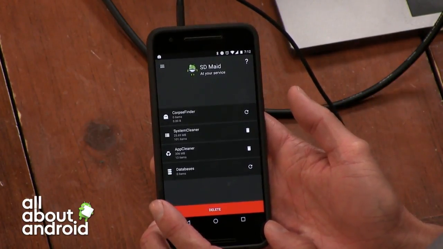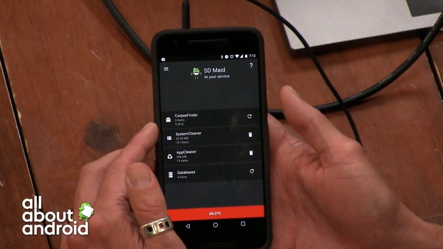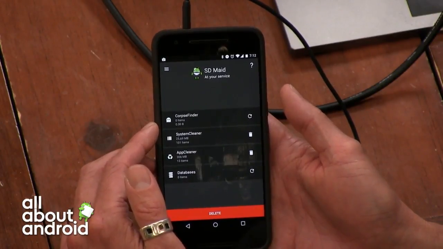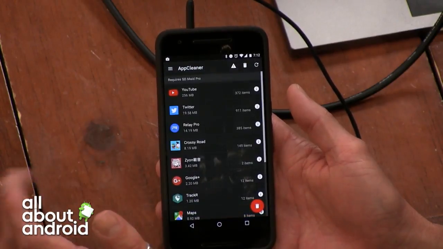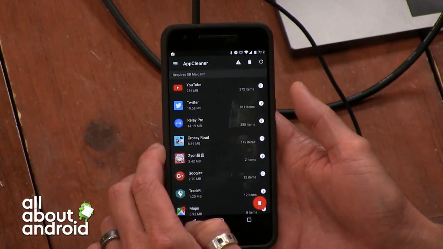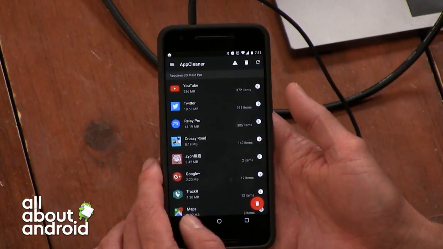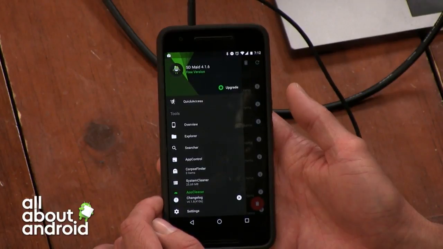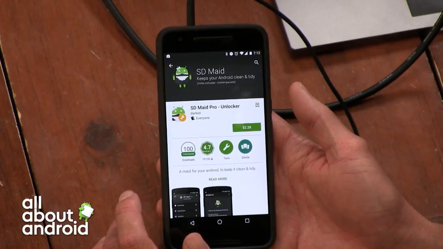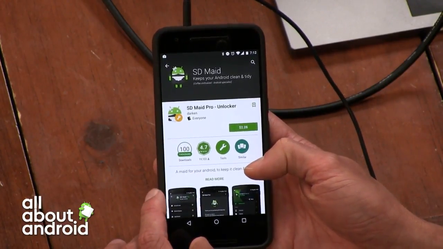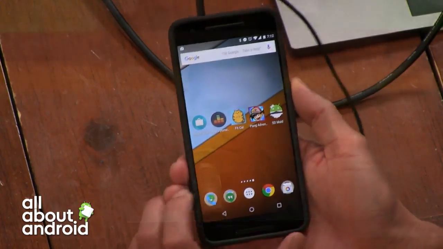It doesn't look like I have a whole lot to clean up, but it will find files that were left from old uninstalled apps if they left anything behind. It'll find things that you don't need anymore, like DAP files or whatever, and it'll show you where those come from. So if you're looking for an alternative, that's something to consider, SD Maid. And I think they have a paid version as well as a free version. In fact, the upgrade to the paid version is $2.28. Nice round number. And there you go. So check it out. Maybe that'll help you.